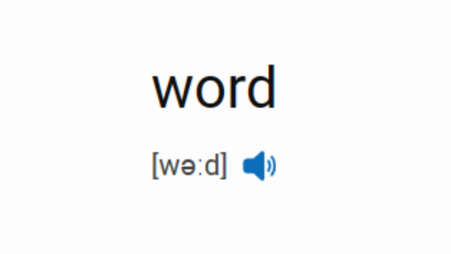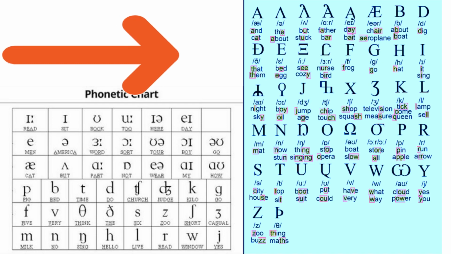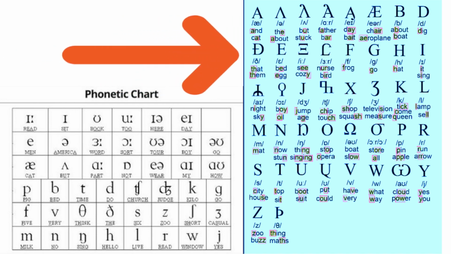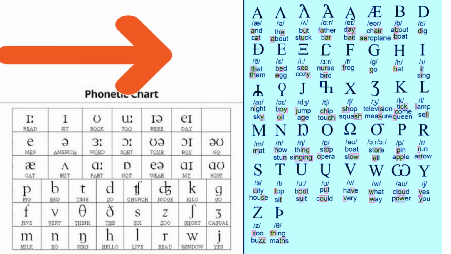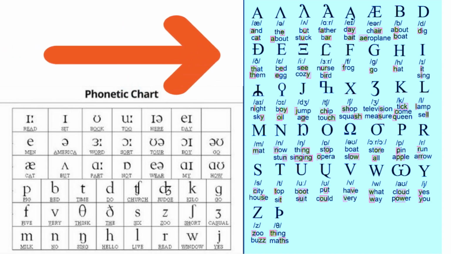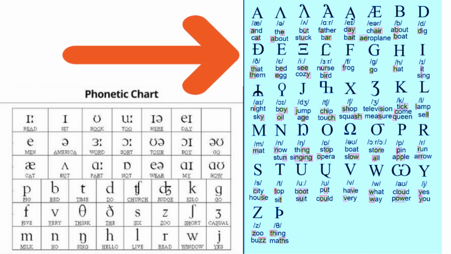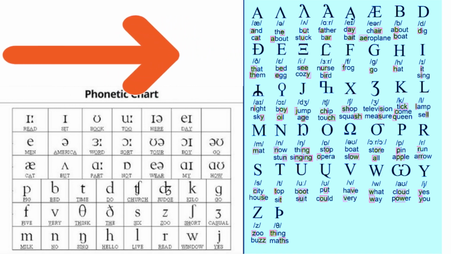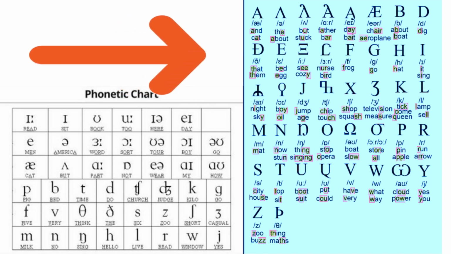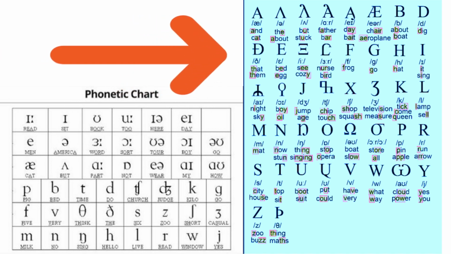So IGNOU actually did give this weird looking chart, and it has a good intention. I can understand, I can feel that, but it is not very clear, so I'm going to use another chart. I got it from Google. So this is the phonetical chart which I'm going to use, and then we will talk about how you have